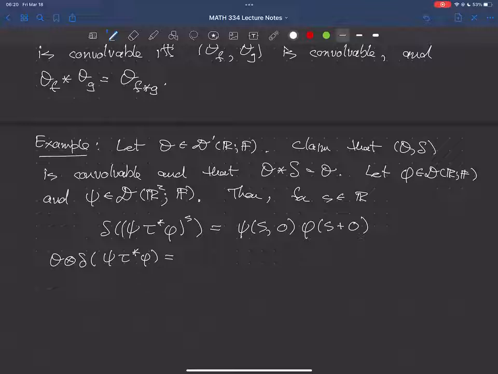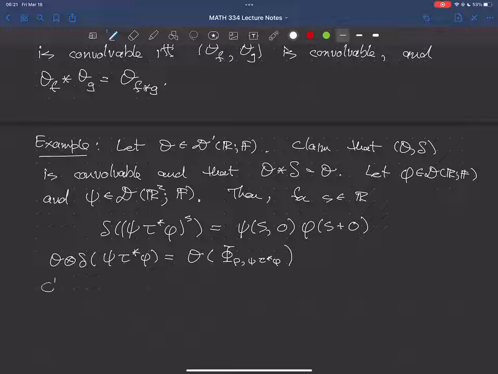the definition is that it's theta of phi, rho comma psi tau star phi. Okay, that's the definition. Now, what I'm going to do is choose psi in such a way that,